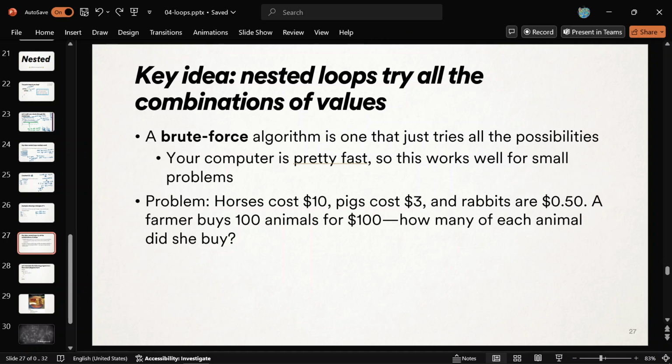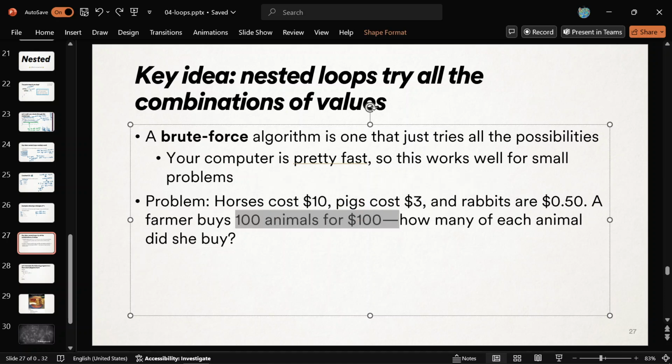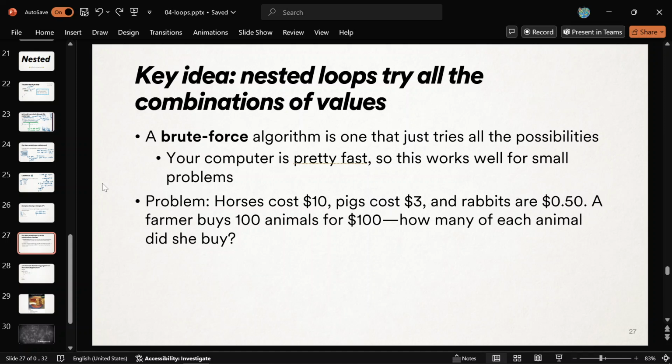She bought 100 animals for $100. And she's not telling us which ones, though. That's all we know. So, can we figure out how many of each animal she bought based on that information? If we knew the prices and we knew she bought exactly 100 for $100, can we do it?